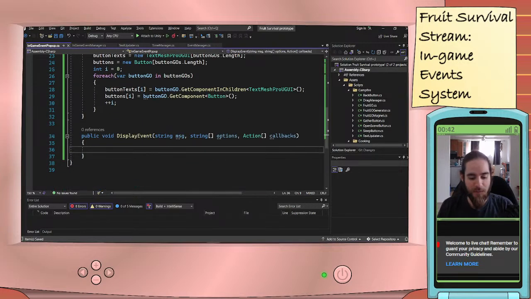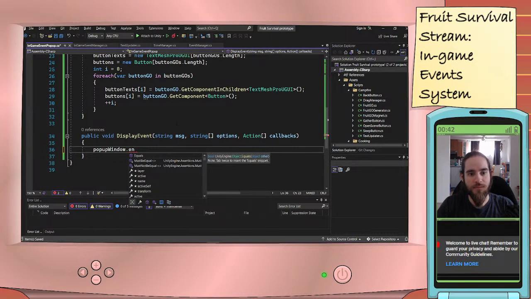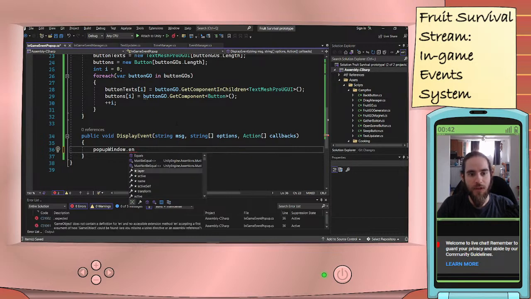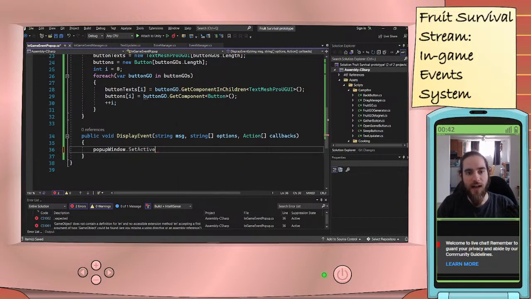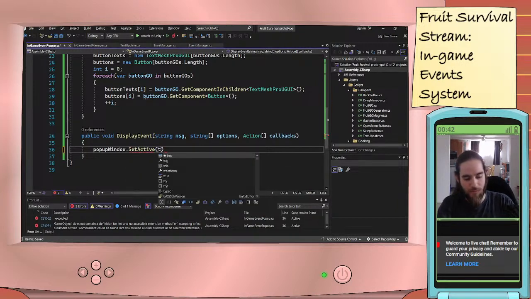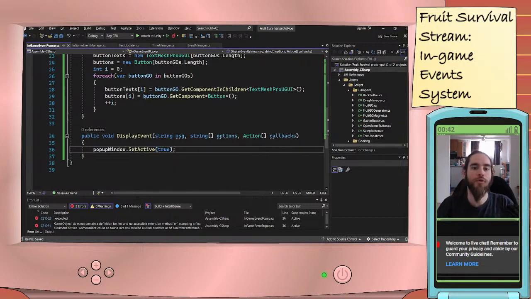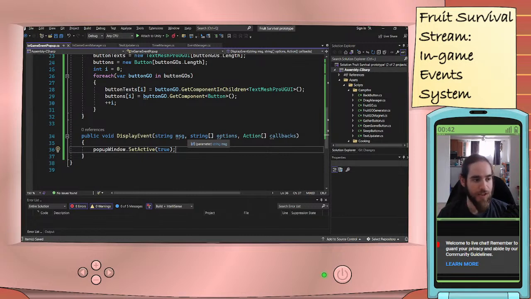Okay, if I want to display the event, what I'm going to do is pop-up window dot set active true. Sorry, dot set active true. True. That's the first thing I do. Just doing that should make a bunch of things appear. And then